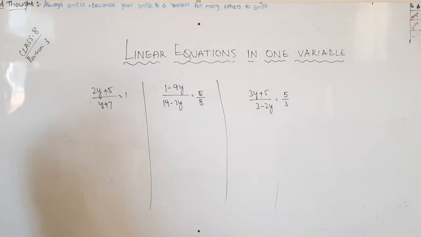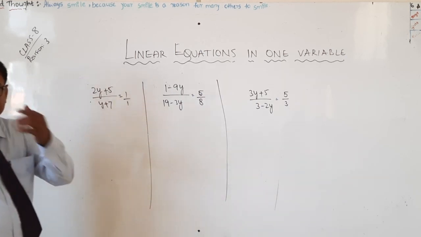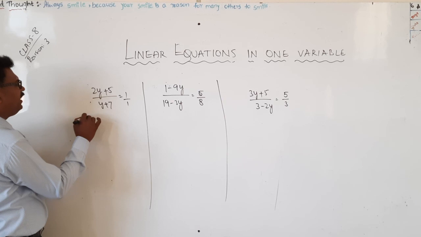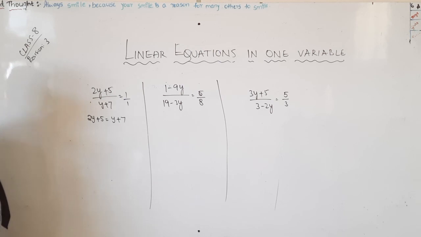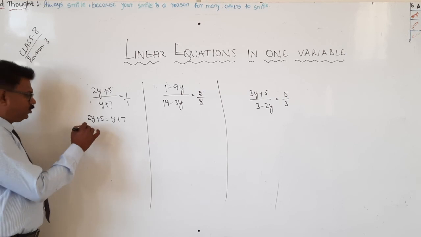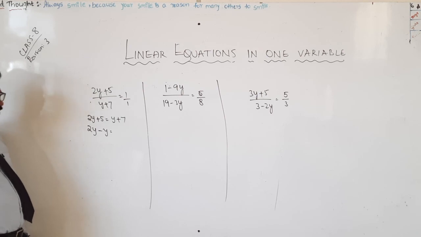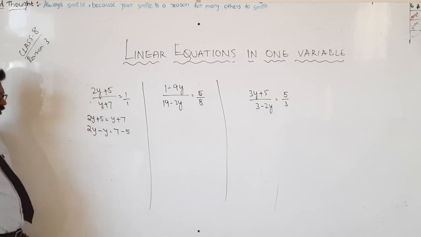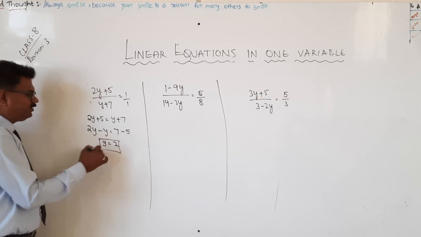Yes. See, the questions are the same only. The only thing is we have to cross multiply. Here 1 by 1 means same only. 2y plus 5 equal to y plus 7. In this, 2y is greater or y is greater? 2y is greater, therefore bring that, plus y this side, it will become minus y. 7 plus 5, it comes here as minus 5. Now 2y minus y is y, 7 minus 5 is nothing but 2.